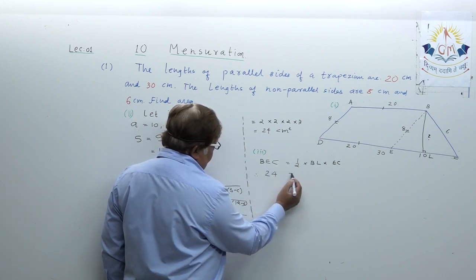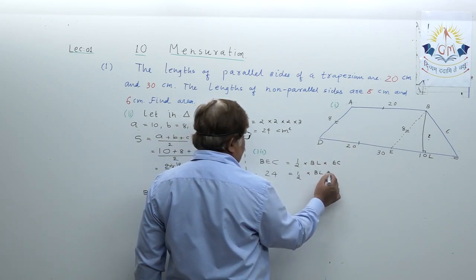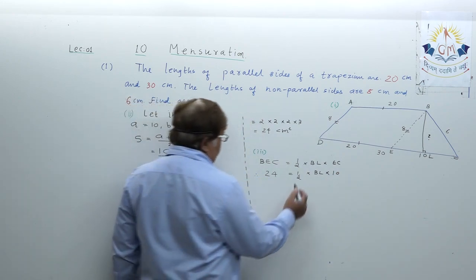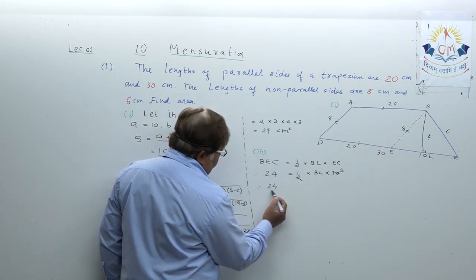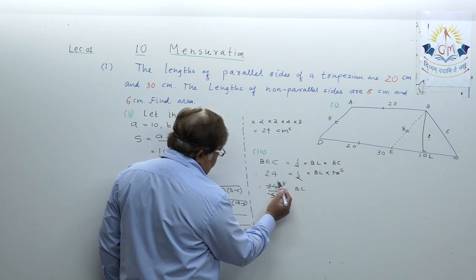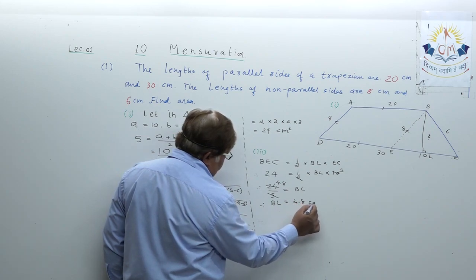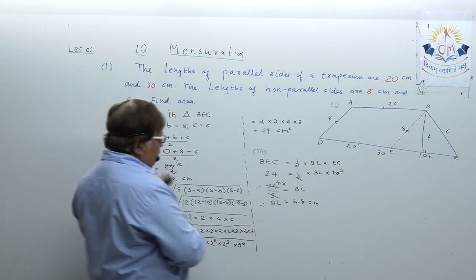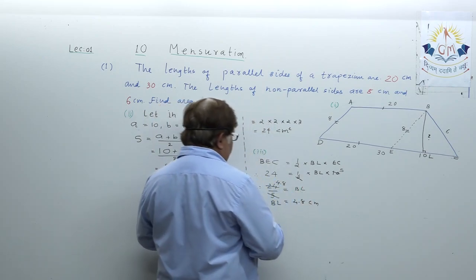This is already 24, half into BL our target, EC that is 10. Understand? Just cancel it to 5. 24 upon 5 equal to BL. Just cancel it. BL, that's the distance between parallel sides, turns out to be 4.8 centimeter. Okay. And now, dear student, the last step